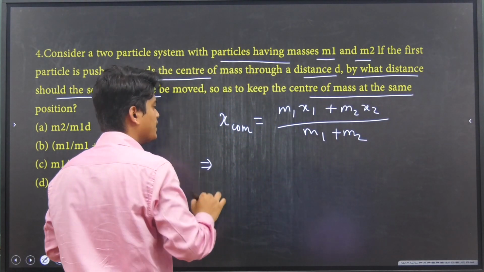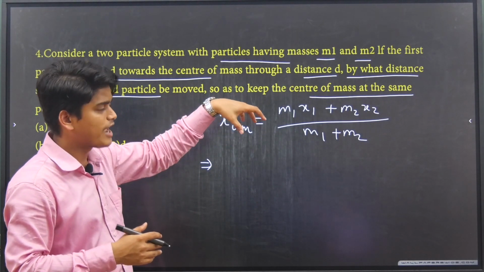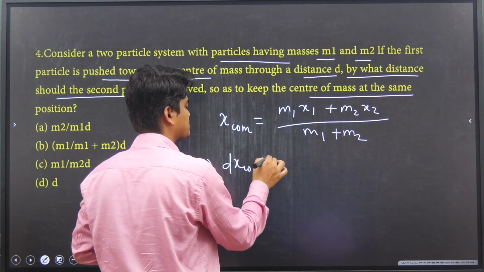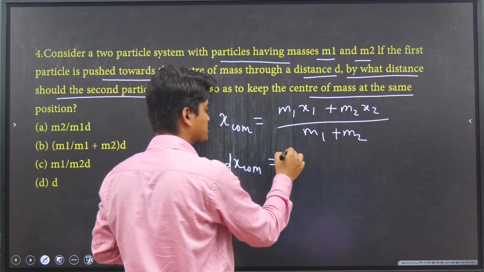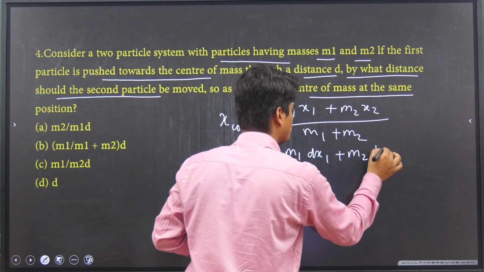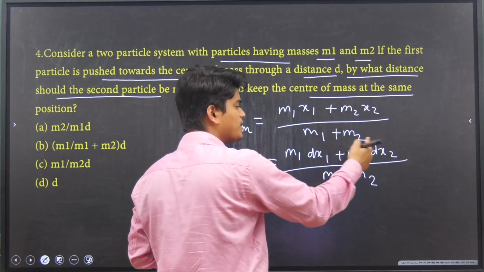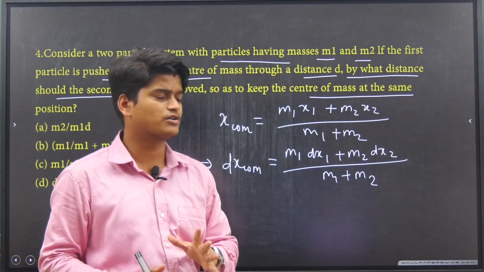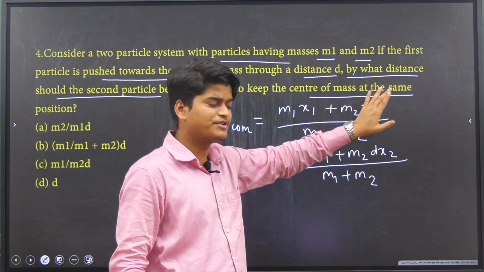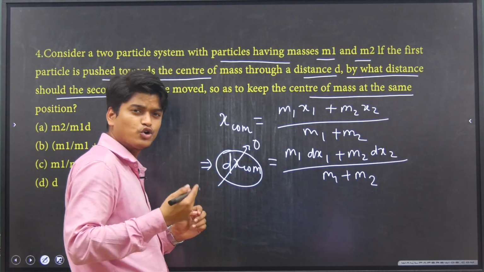Now what are you doing? Here a change is coming, a shifting of the center of mass or m1 or m2 like that. At that time, what do you do? Now this formula changes a little. So the change in center of mass is nothing but m1 into dx1 plus m2 into dx2 divided by m1 plus m2. Okay, only changes you do in positions, not in masses, because masses are constant. Now here they are telling the center of mass will not change, it will be the same. Same means what? dx COM will not be changing, so it will be 0. No change means 0.